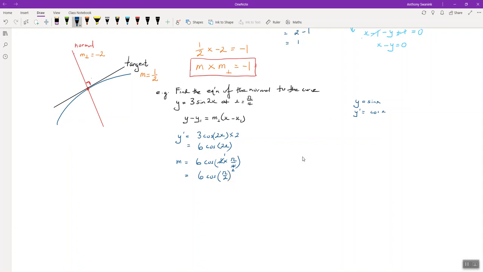Now, what's the cosine of pi over 2? That's actually going to come out to be annoyingly 0, I think. If you look at the cosine graph at pi over 2, the cosine is 0, so our gradient of this one comes out to be 0,